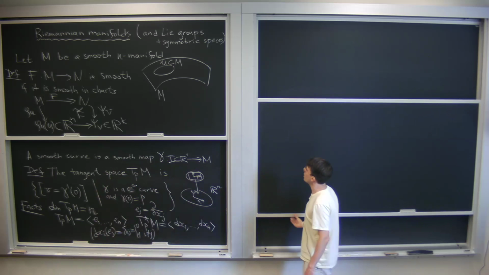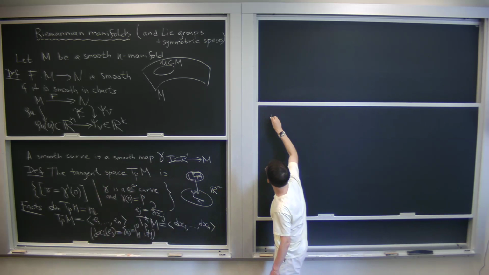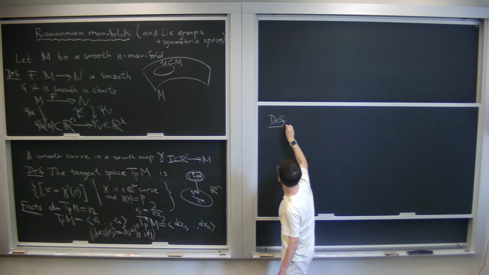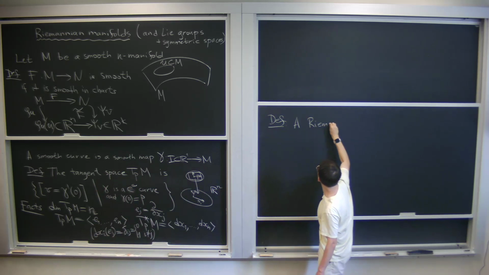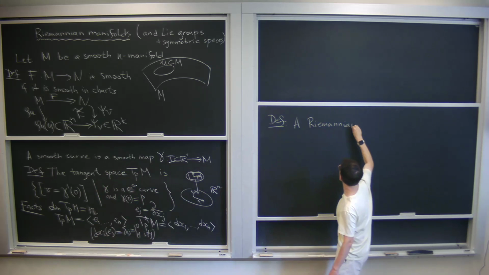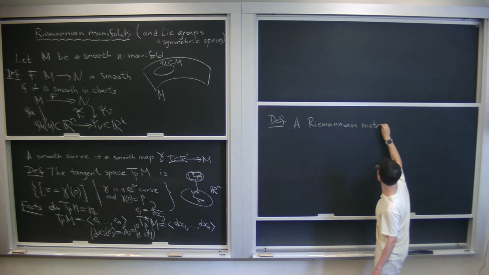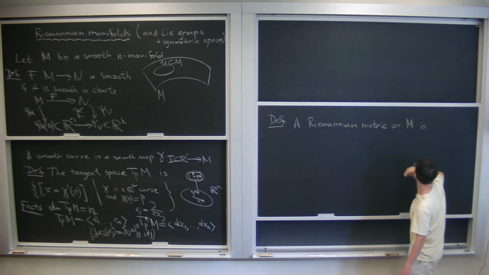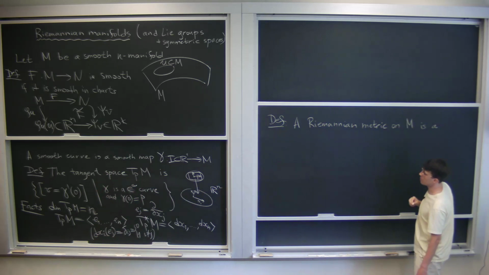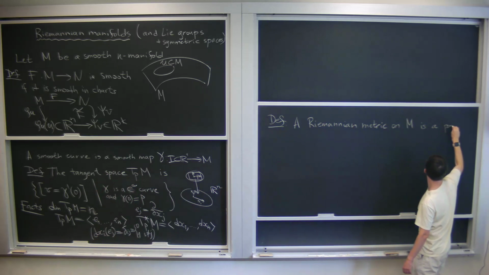So a Riemannian metric on M is a positive definite